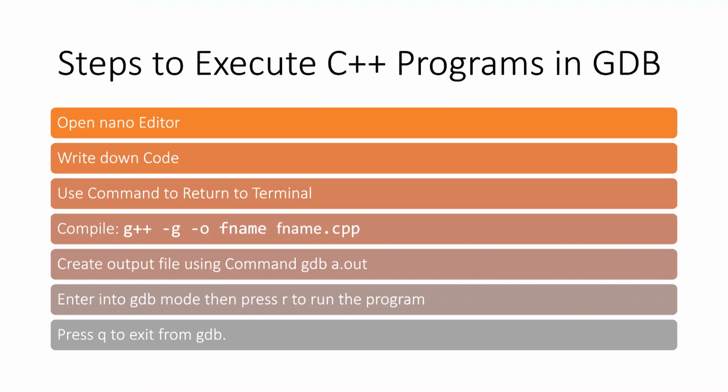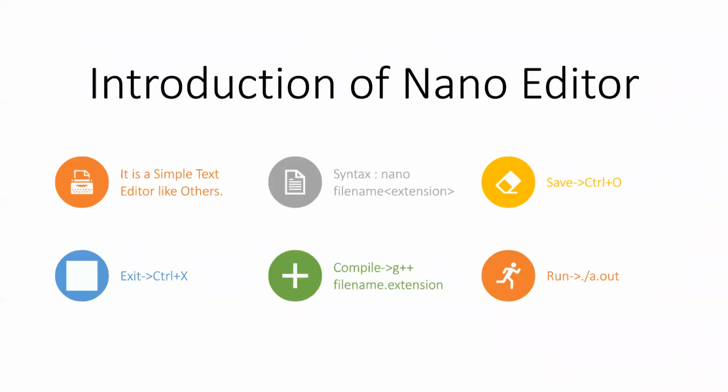My suggestion is you should use the nano editor. It is a very simple one. It will not create too much confusion. And then to compile the program, you should use g++, then the file name with extension, then to run, dot slash a dot out. This is the perfect technique I think, but the knowledge regarding the vi editor and the gdb tool is required for exam purposes and for interview purposes as well. That is why I gave you some idea. So my suggestion is you should follow this only.